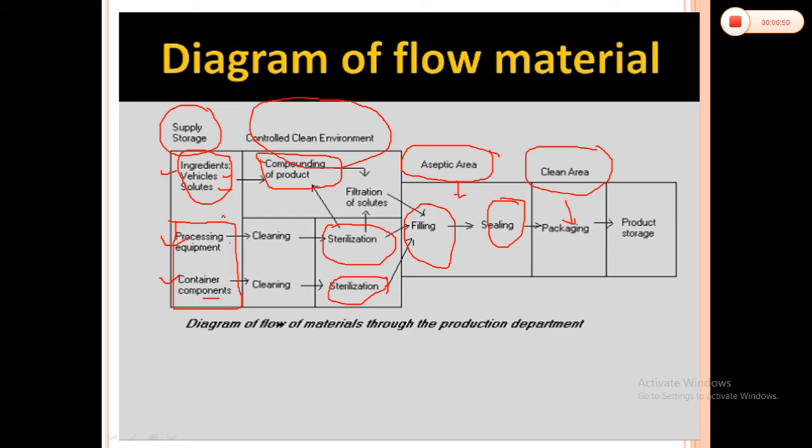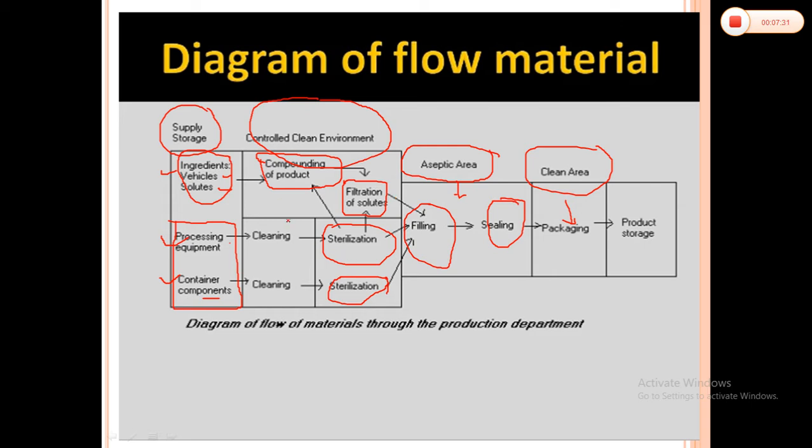Now, during the processing, whenever we have prepared solutions, we have mixed all the solid molecules in a vehicle properly, along with other additives, and then we perform one filtration process. So filtration will lead to terminal sterilization. What will happen here? We are using 0.5 micron filter papers, and we filter all the solutions through the filtration membrane. And as we know, the particle size of microorganisms is more than 5 micron, and obviously that's why they are adsorbed on the filter membrane. That's why filtration is very important.